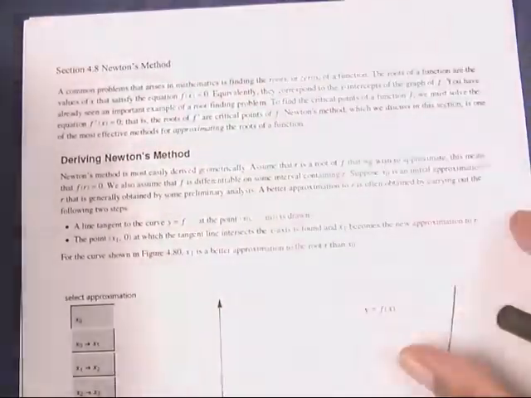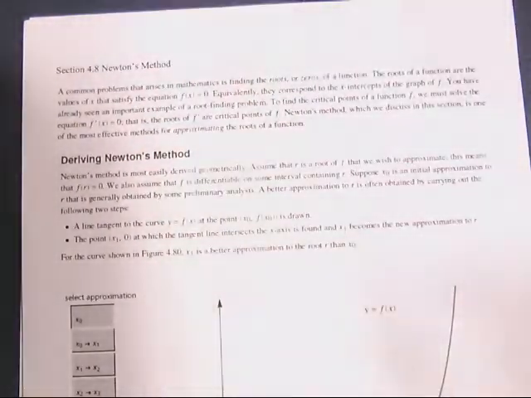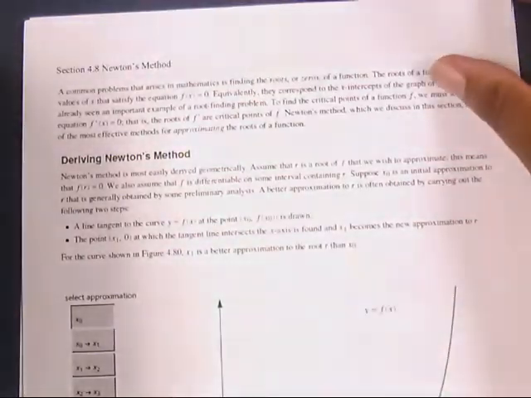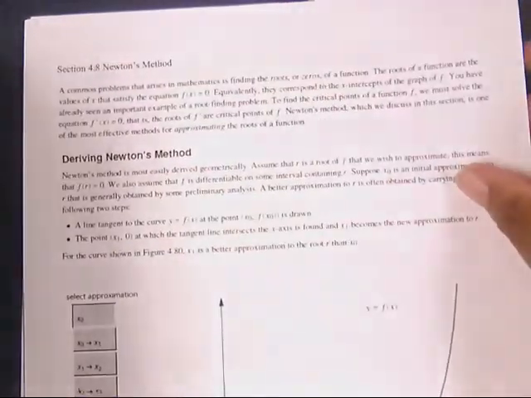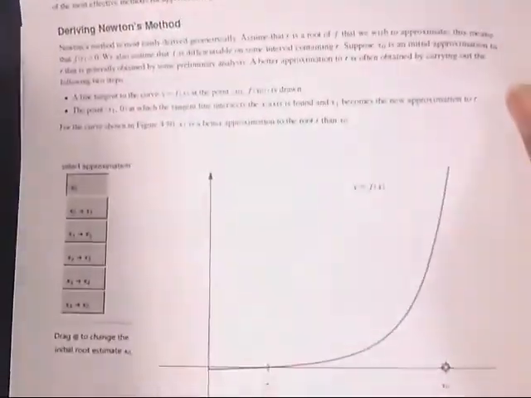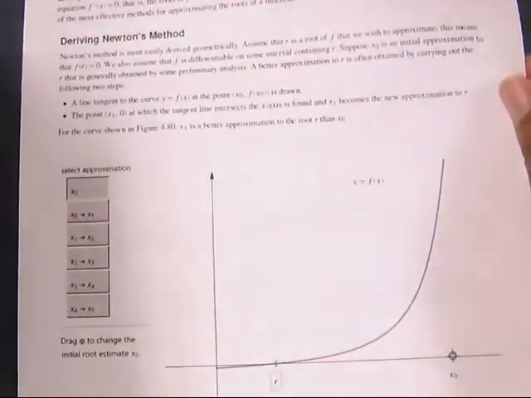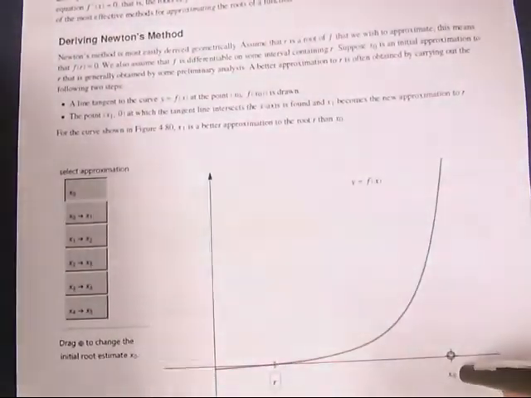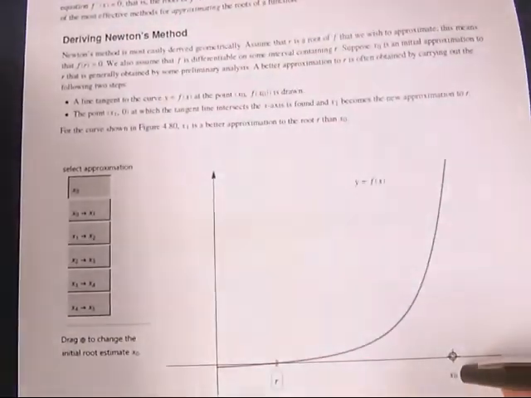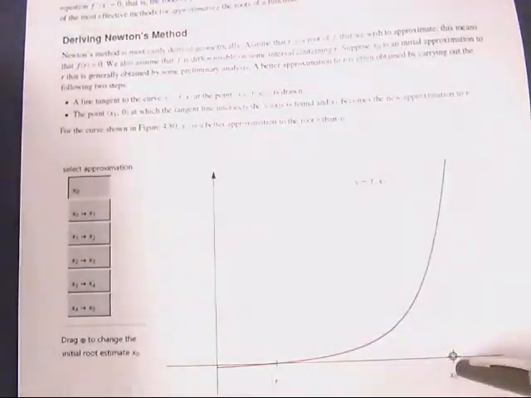Okay, now here we can derive Newton's method geometrically. Here we're assuming that r is going to be the root of the function f that we wish to approximate. That means that f of r will be equal to 0. So here's a graph of just that. This is the first page of your handout. Well, here we've got x of 0 that we're going to use as an initial approximation to r,